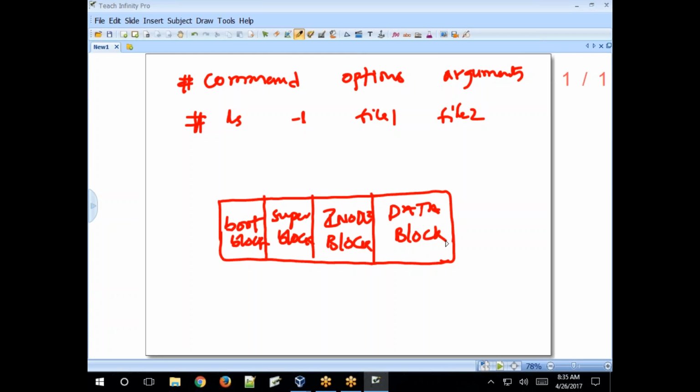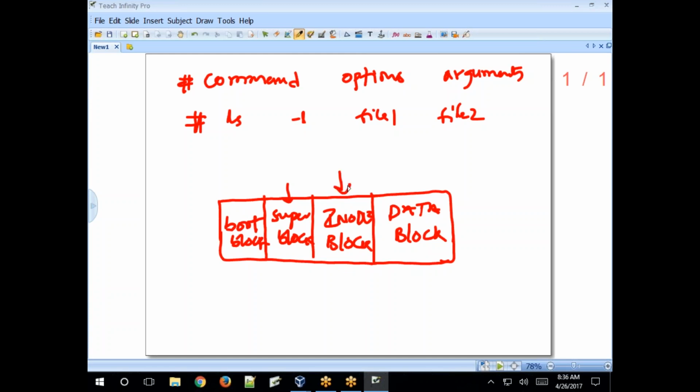So here the file system is the root file system, right? ext, the complete file system information it contains. The super block contains file system information. The inode block contains files' information. So here one inode table will be created. Inside the inode table, each file is allocated one ID, like a student table. If any student joins, the name is added and one roll ID is allocated, like a class ID.